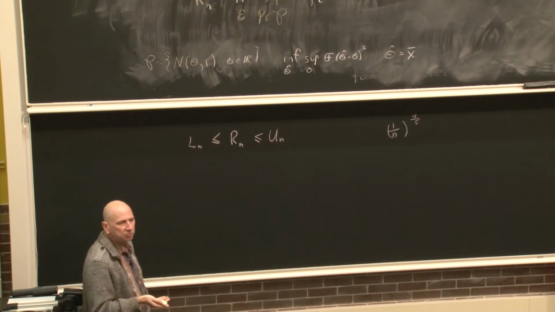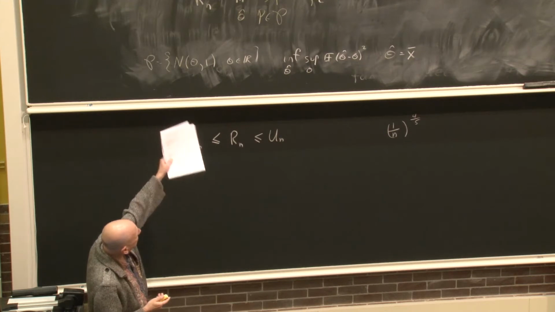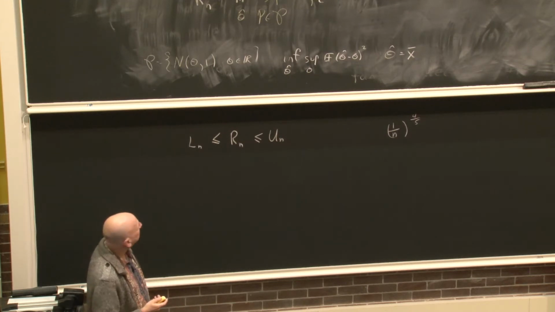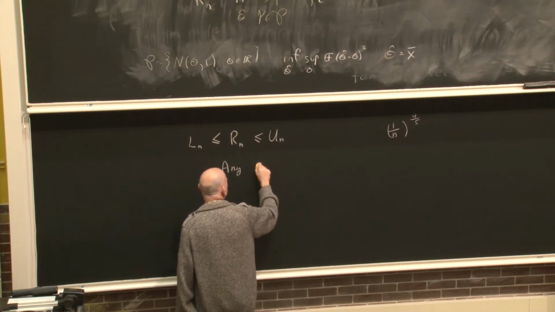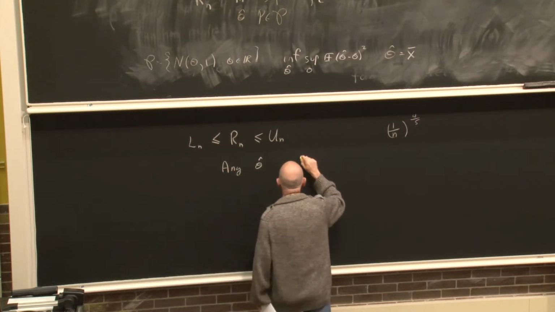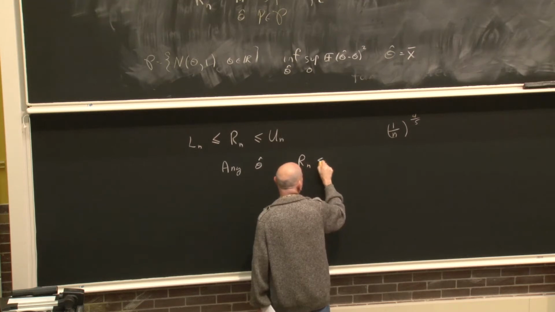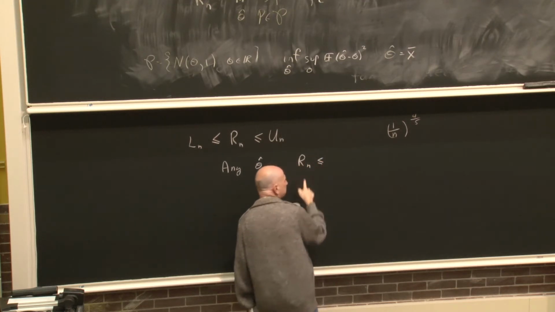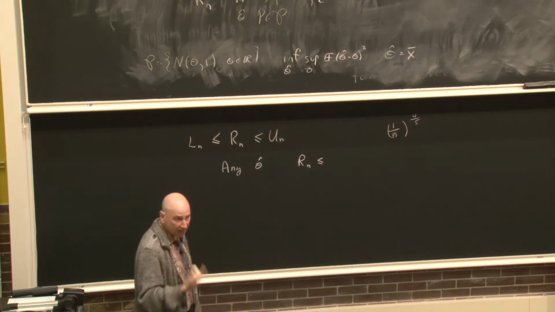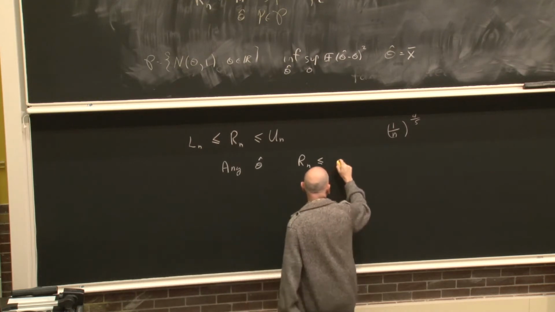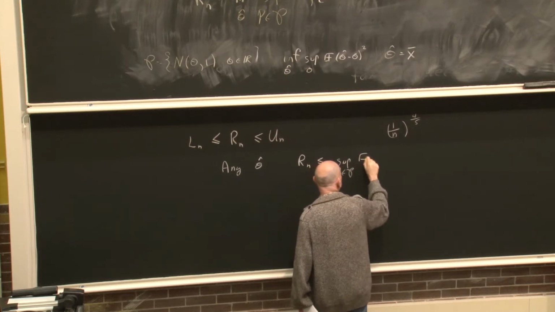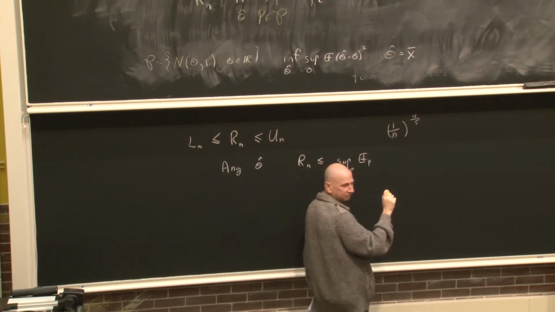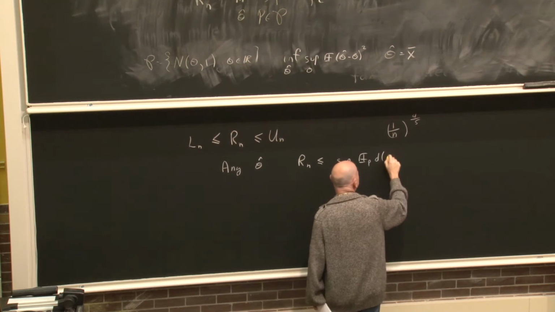Why break it into these two pieces? It just makes the job easier. Getting an upper bound is easy. Pick any estimator. If I take any estimator, and if I look at its maximum risk, then the minimax risk, which is the minimum over all estimators, is certainly less than the risk of that estimator, of any particular estimator. So that's less than the sup over P of